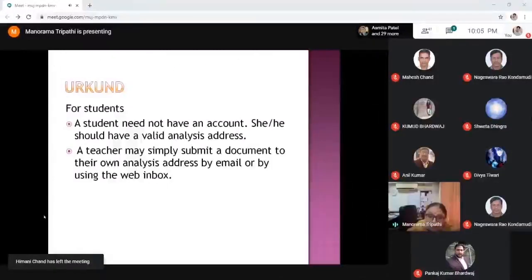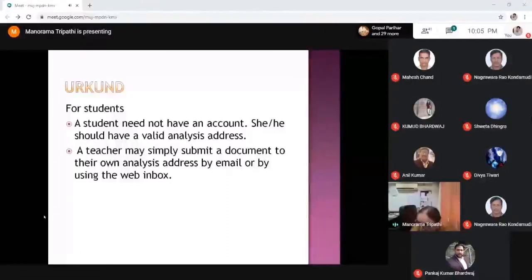The message here is that if the teacher shares the analysis address with the student, the student can send directly. I underline that a student need not have an account, but if a valid analysis address is shared by the teacher, then the student can submit his document to that valid analysis address.